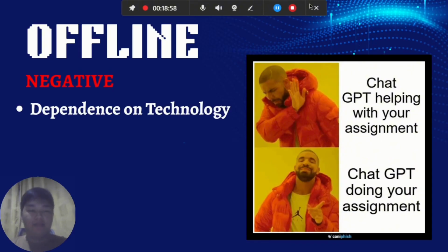But on the other hand, the negative impacts of technology offline are obviously being dependent on technology. Yes, I have stated that a positive impact would be the increased productivity of workplaces online as technology helps us do our tasks more efficiently. But this could also lead us to being overly reliant on technology, which can mislead people to perform everyday tasks. Another is